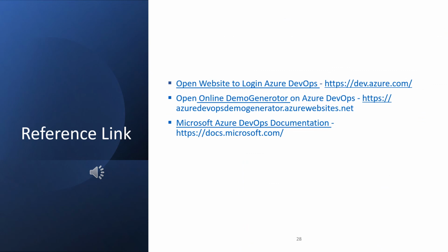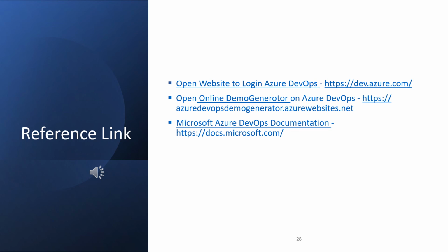We are going to reference links. Here I have given you, you can move to index if you need to review any slide. And when you click on how to start with the Azure DevOps board, you will get a login link, and you can click and it will navigate to dev.azure.com, and then demo generator, it will show you how you can create your Azure boards with Parts Unlimited and agile portfolio planning and project management.